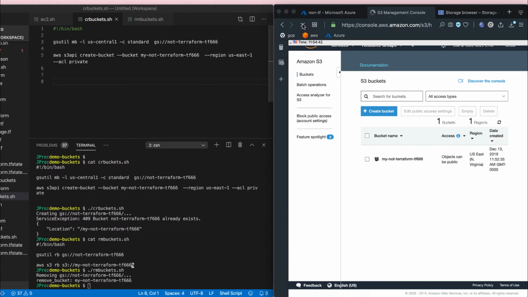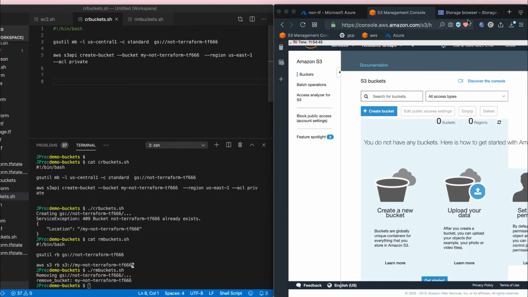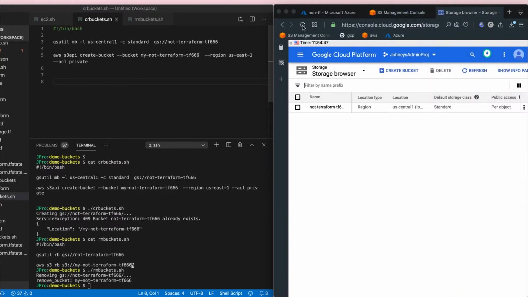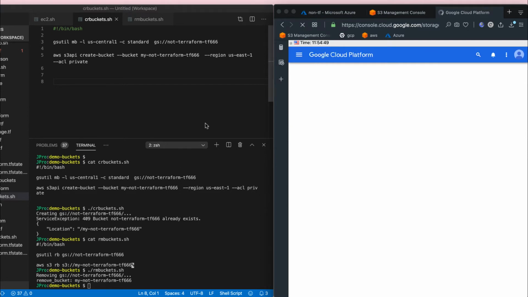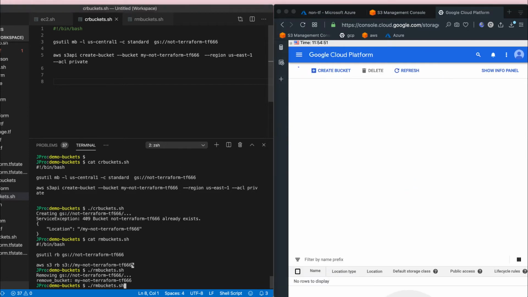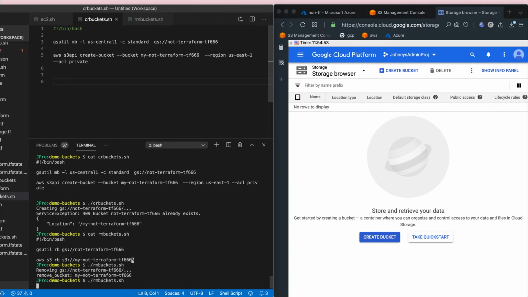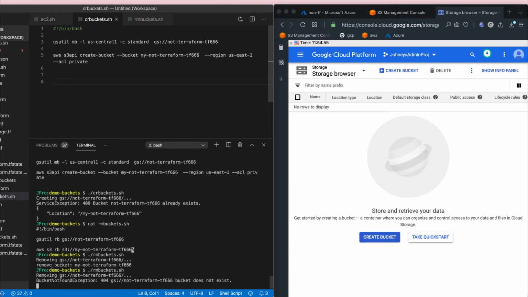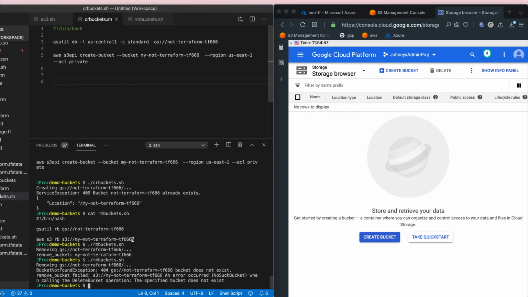Okay, this bucket should be gone, and this bucket is gone as well. Okay, now let's try to execute this one more time. Okay, bucket not found exception. Remove bucket failed. So this right here doesn't really matter, but this rmbucket.sh is most likely going to be a